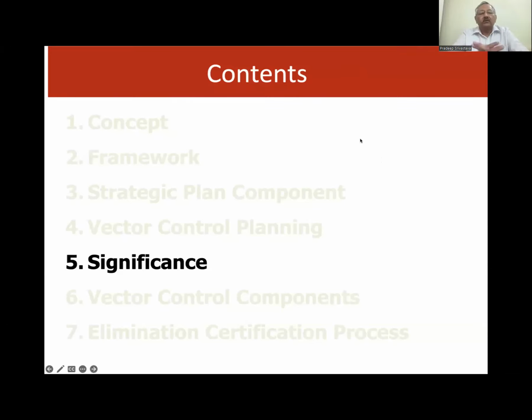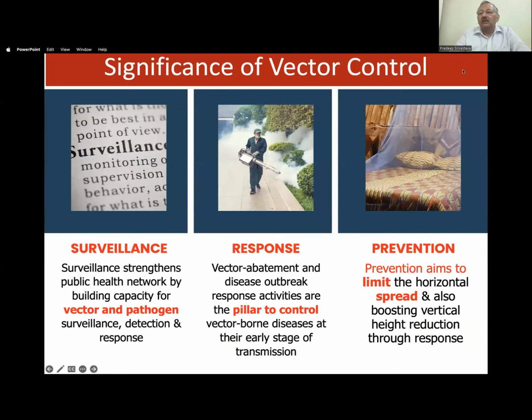So we have finished up to the concept, framework, strategic planning component, and vector control planning. Now we are coming to significance. What is the significance? We are on vector control. Significance of what? We are talking of surveillance, we are talking of response mechanism, we are talking of prevention. So when we are formulating the strategic